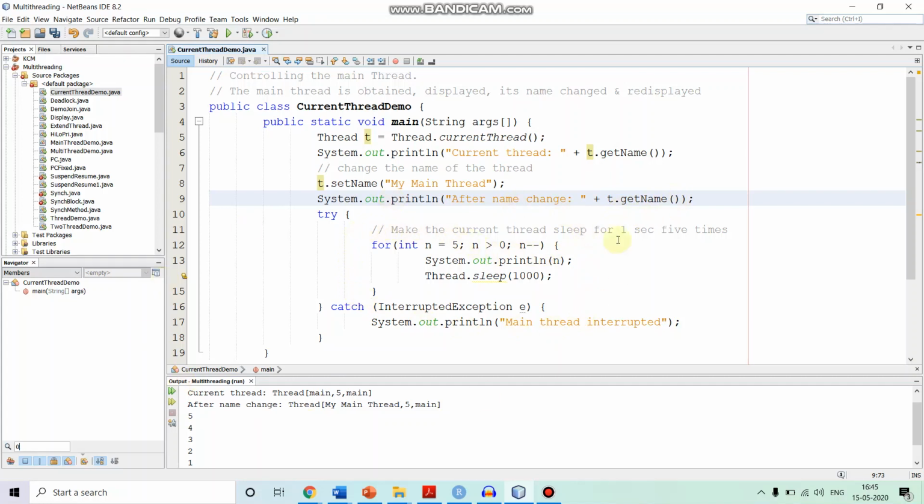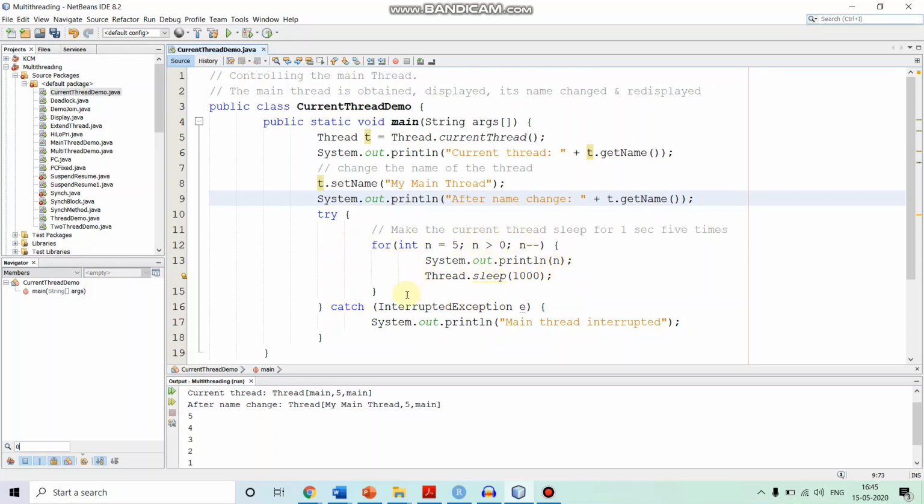Then 5 times we make the current thread sleep for 1 second. We are printing the iteration, then making the thread sleep for 1 second. So that will introduce a delay of 1 second in printing the values of n in each iteration.